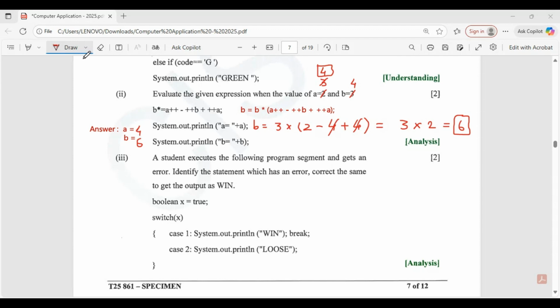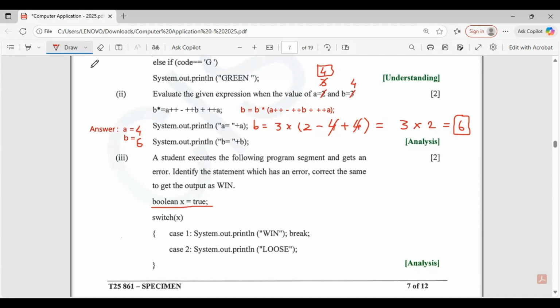So the switch statement works with byte, short, int, and char values. So here the error is in this statement, boolean x is equal to true. Identify the statement which has an error, and how will you correct it?